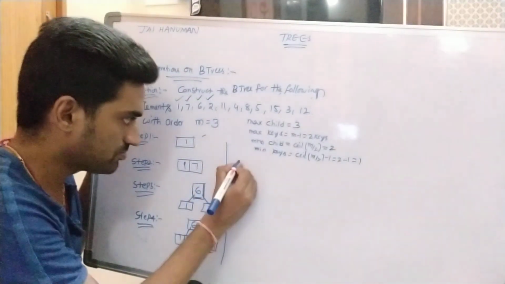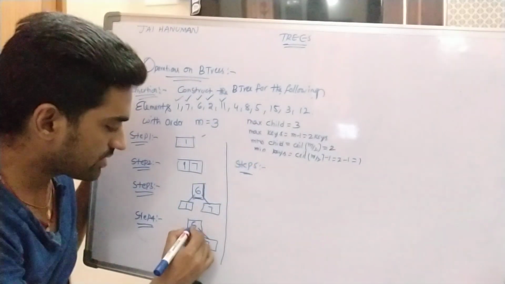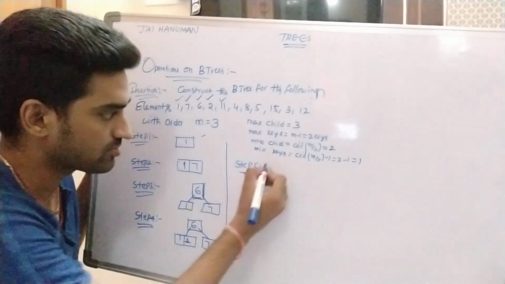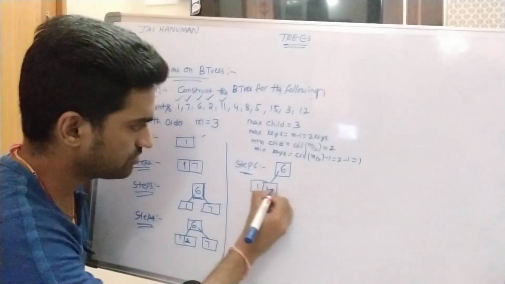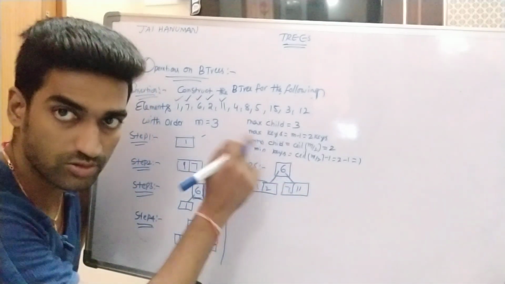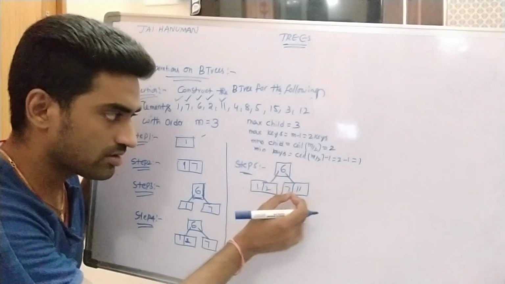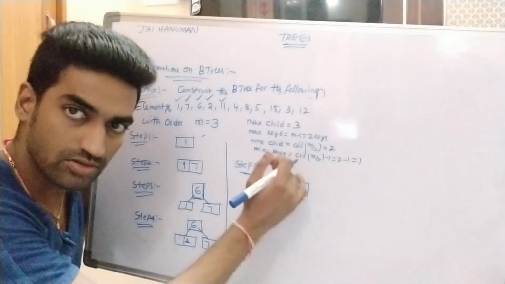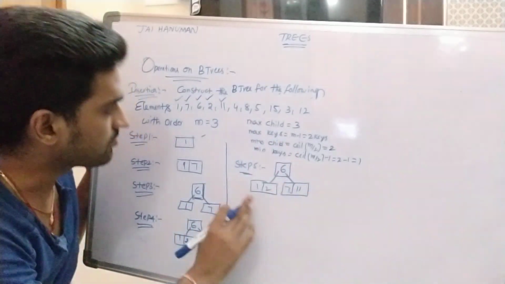Step 5: we are inserting 11. When compared to 6, 11 is a greater value, so we insert it to the right of 6. Now the tree has 6, then 1 2 and 7 11. Insertions are done at leaf nodes only, not at the root node. Root node generation happens when keys exceed in leaf nodes, then the middle key goes to the previous level, and only then are root nodes generated. So 6, and 7 11, fine.